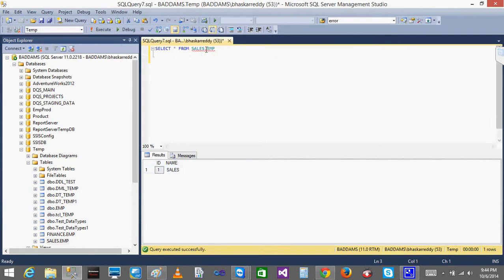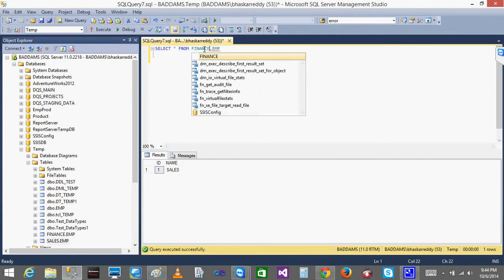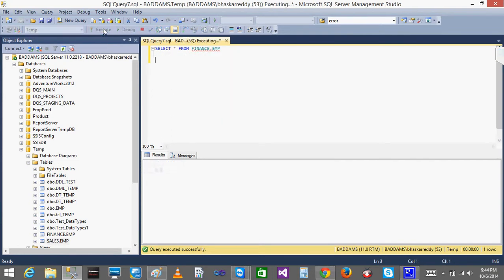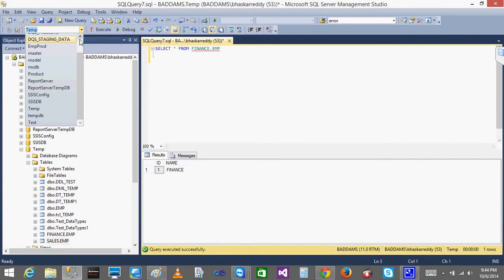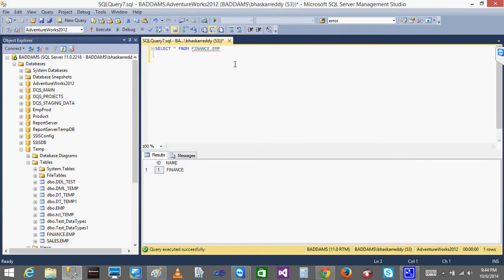See, if I want the finance, then I'll give finance dot EMP. Then I'll get the finance data. Okay, this is at the schema level. Let's say I have connected to some master database. I have connected to some other database, AdventureWorks. Now if I run this table, see, now I am connected to my server, my username,